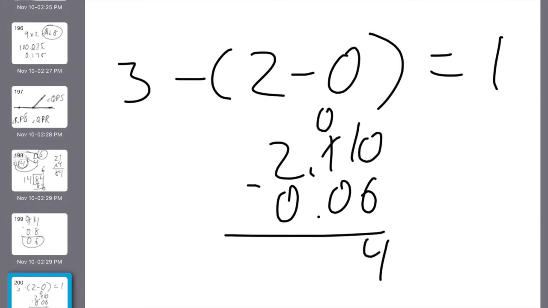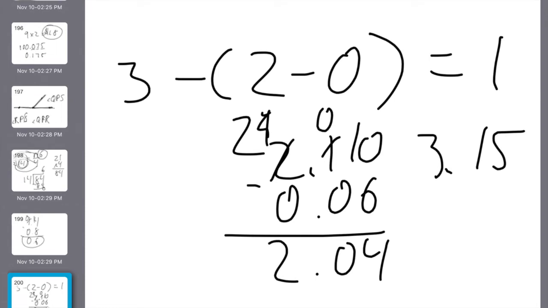That becomes a 0, that becomes a 10, that becomes a 4, 0. I had crossed that out, made that a... Hang on, no, I did not cross that out. Leave that a 2. I got 2.04, or 2 4/100. Now I'm going to take that, I'm going to subtract 3 from it. 3.15 minus 2.04 in actualness is